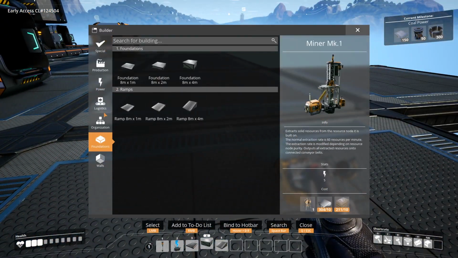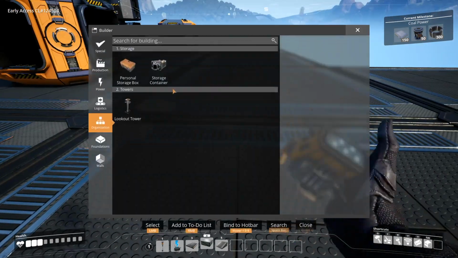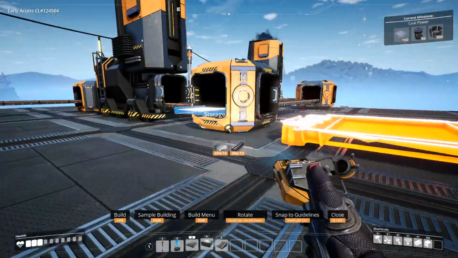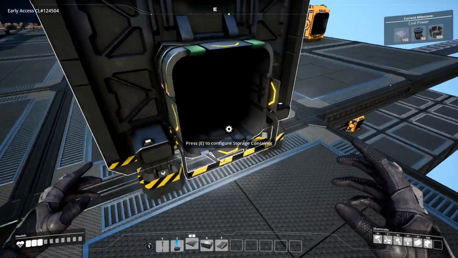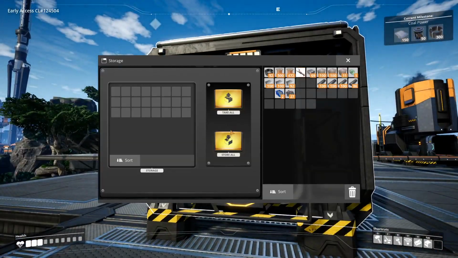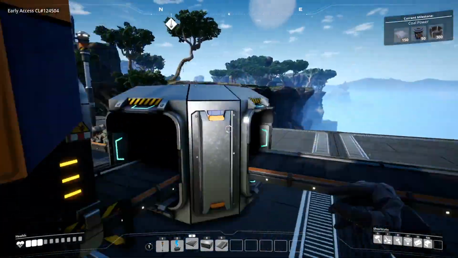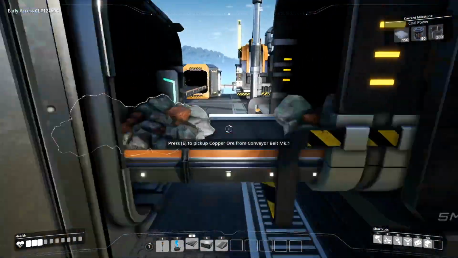Where is this? Organization. No. Oh, I missed the. This is going well. There. And then this will just go off to wherever it needs to go. Just so we have a small buffer storage. I'll do that for the iron down there quickly. Anyway, here's the copper going in, splitting off here, and